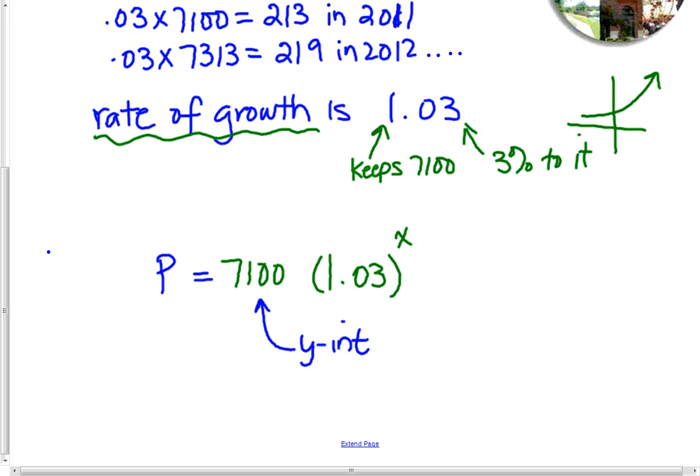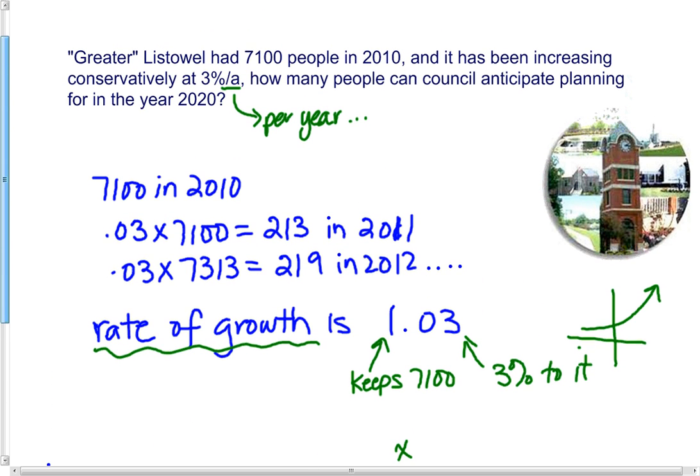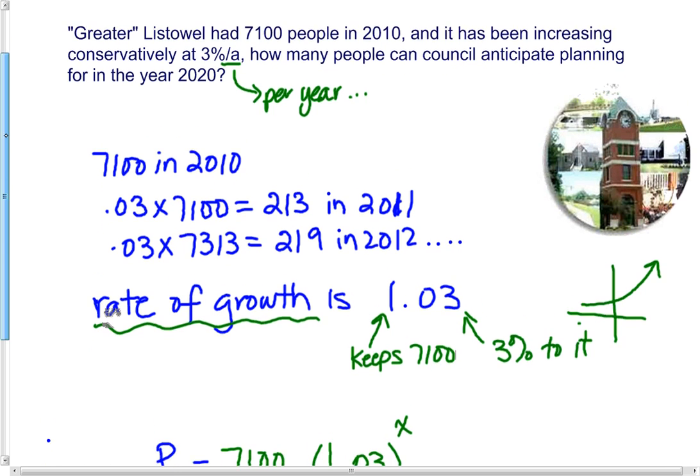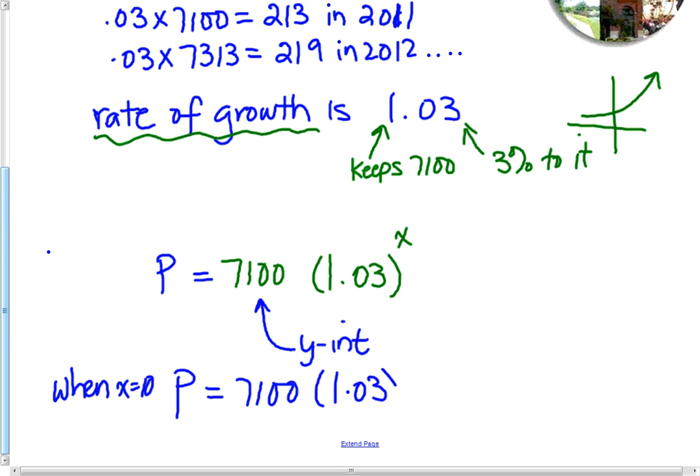This started in 2010, I'm sorry. We want to know 10 years later what the population will be. So our exponent will be 10. Our population will be 7,100 times 1.03 to the 10,